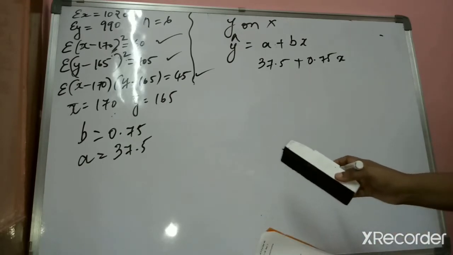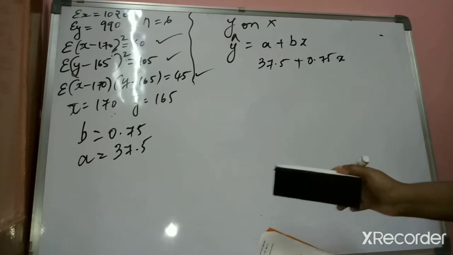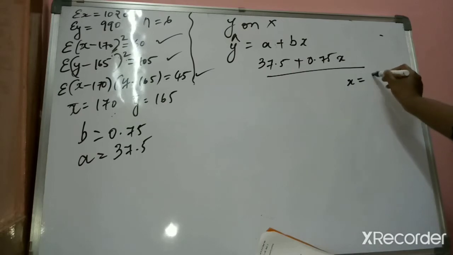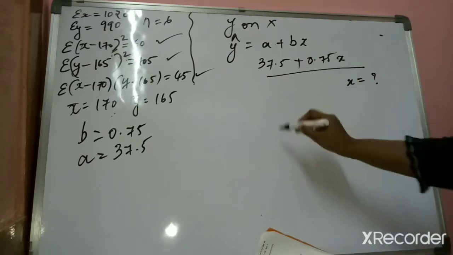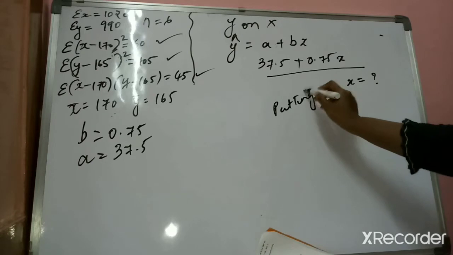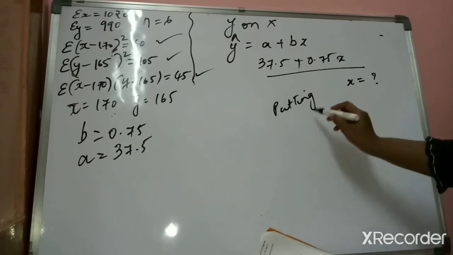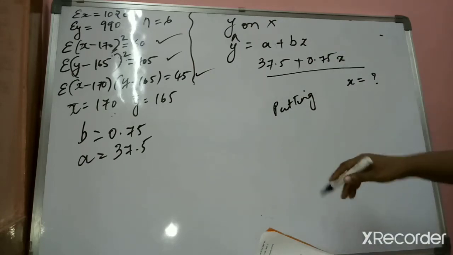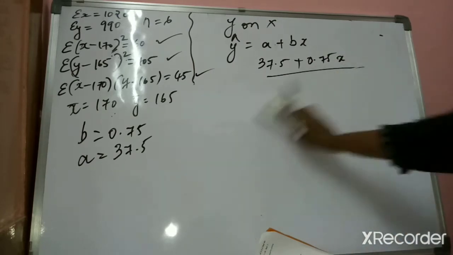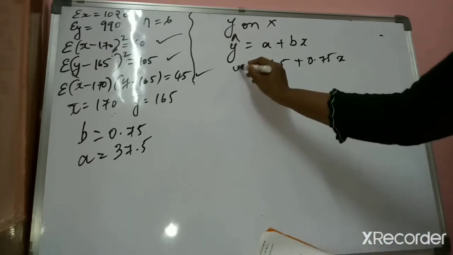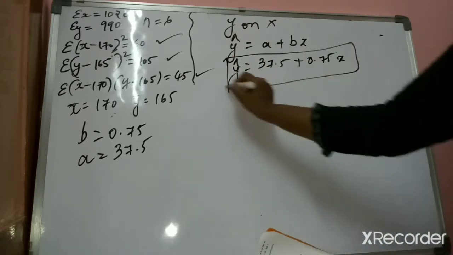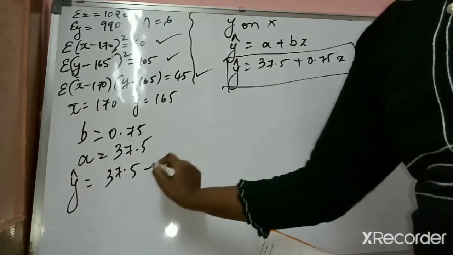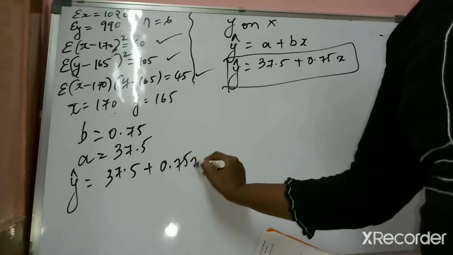Okay, so now the x value has been given to you? Just read the question once again. No, I guess there is no x given to you. So if the value of x was given to you, then in the next step, as we have done in many sums, I hope it is known to you, you put x equal to whatever the value is and then solve it. But in this sum there is no such number given to you, so just keep it like this only. Your y cap is equal to this much. Clear? You can write it over here also. Y cap is equal to 37.5 plus 0.75 x.